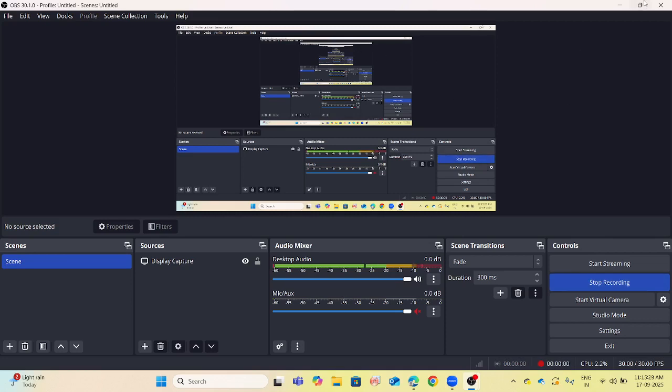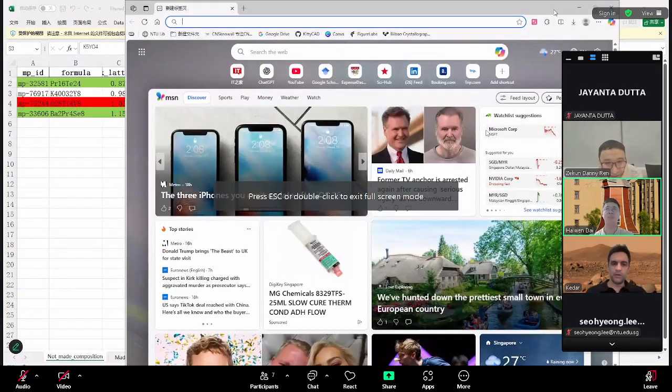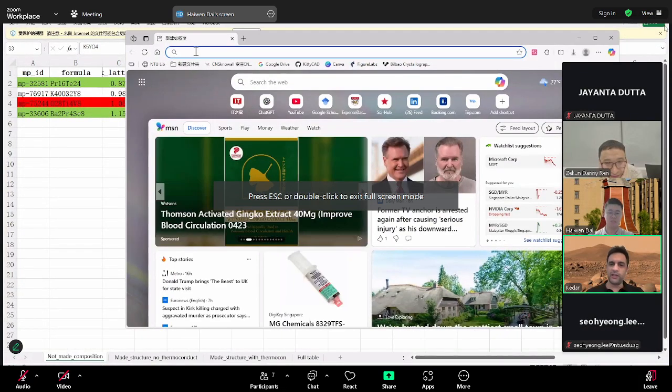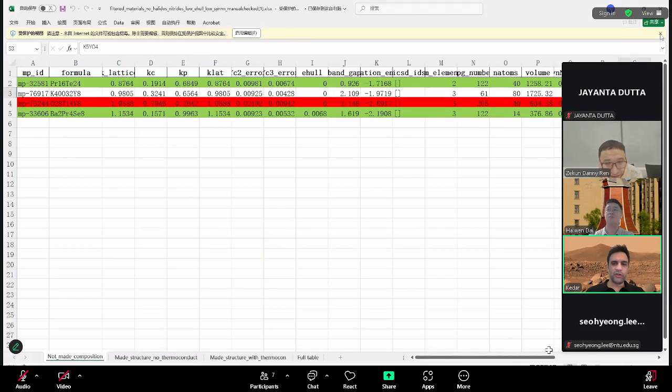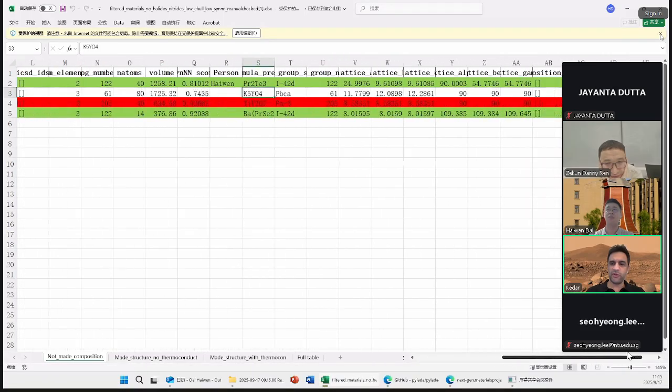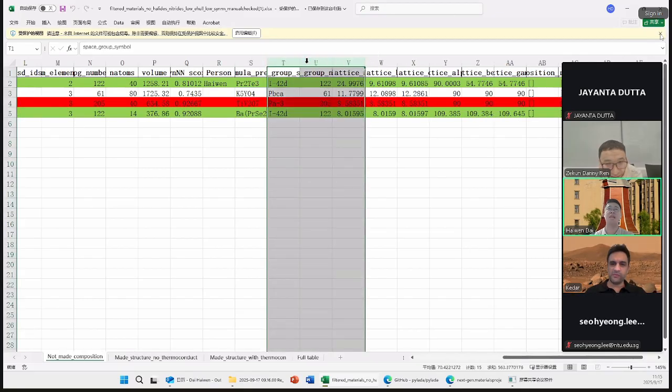Only one that has not been made in the list. All the rest have already been made or are very difficult to play with. Can you check to the right here? Can you go to the data and look on the right side? What else is the information there? Oh, it's just something I extracted, the lattice information. Apart from that, nothing.